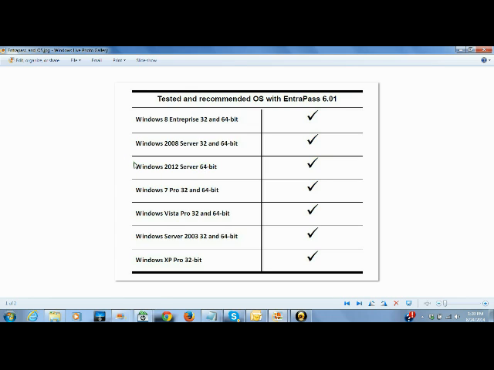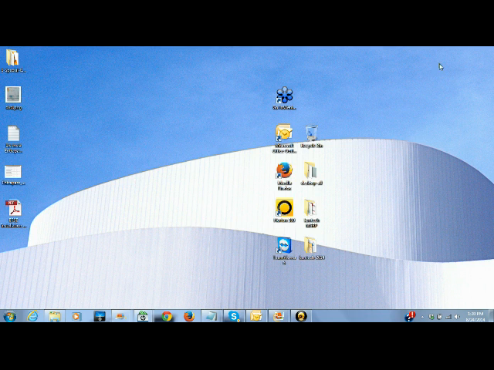We're currently compatible with the Windows 2012 Server 64-bit, not the Windows 2012 R2. Okay, my PC right now is running Windows 7 Pro, and right before we go further, we strongly recommend to